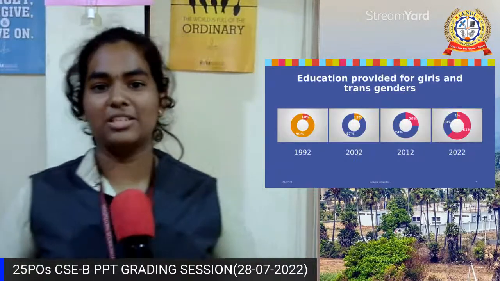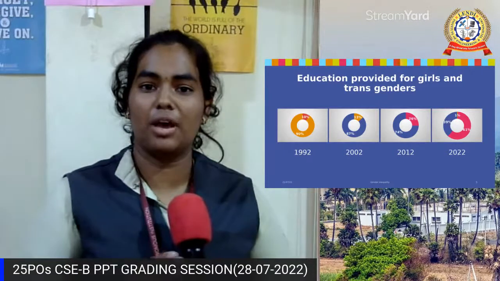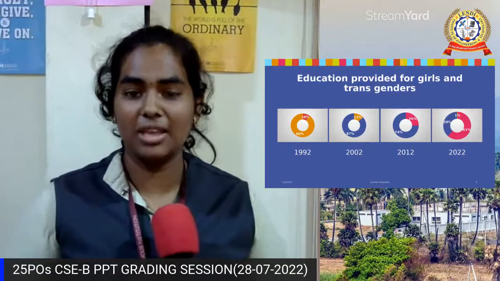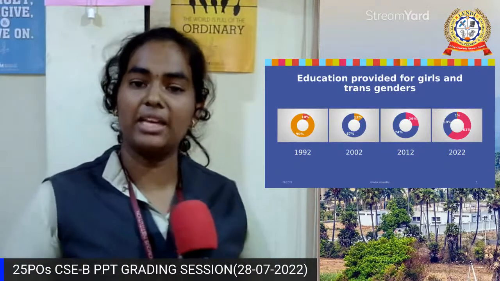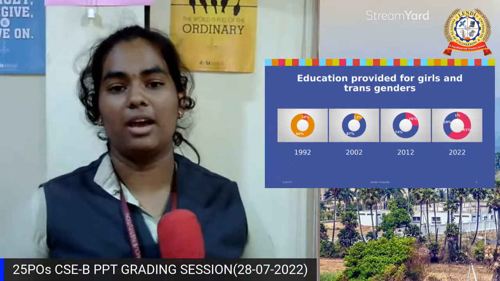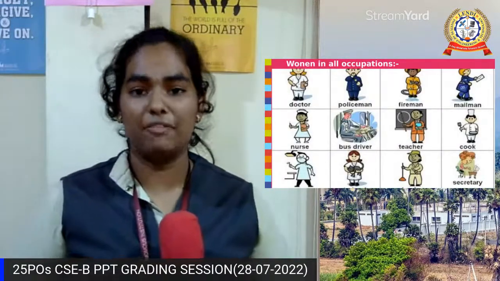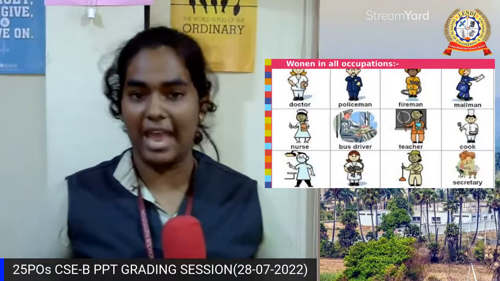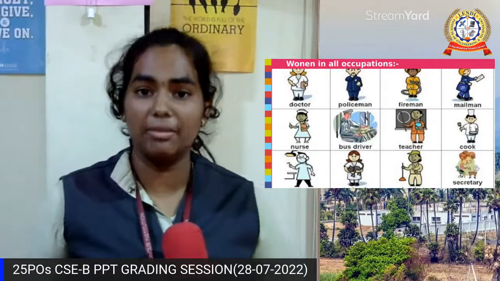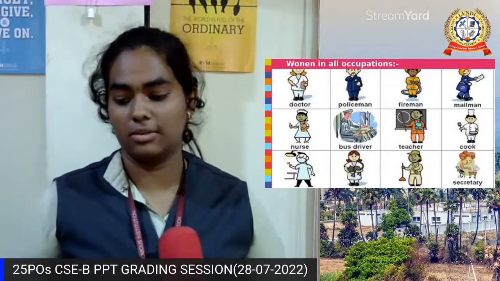You see this in the education system, the education of girls and transgenders. I was very glad that education of girls was increasing year by year, but for transgenders it was not increasing at all. This was the same from 1992 to 2022, and till today transgenders have not been provided special education. And finally, women can work in every sector, and women can be stronger anywhere if they want to. They are mentally strong, and physically if they want to be, they can be stronger than men, and women can work in every sector if she wants.